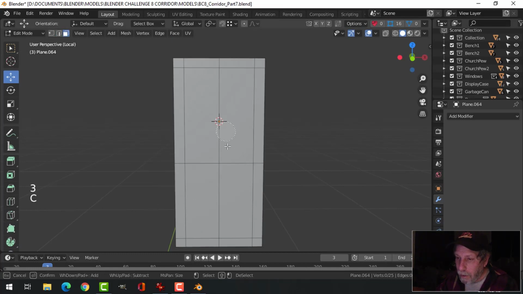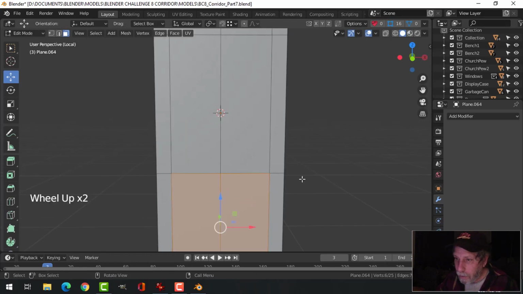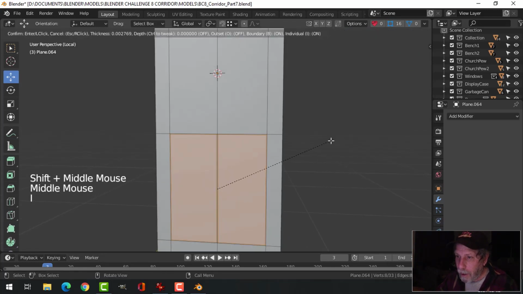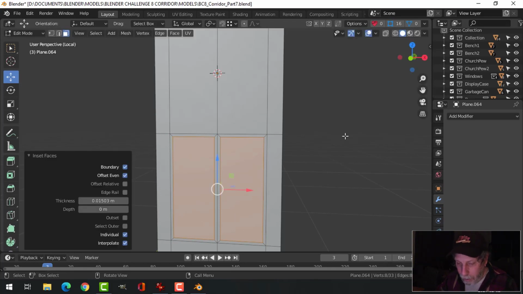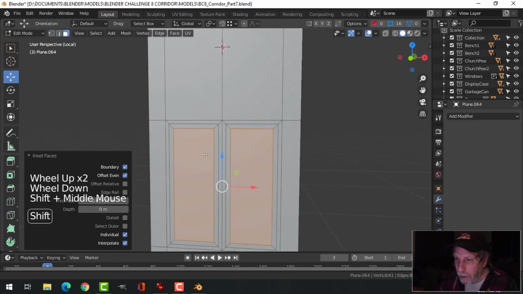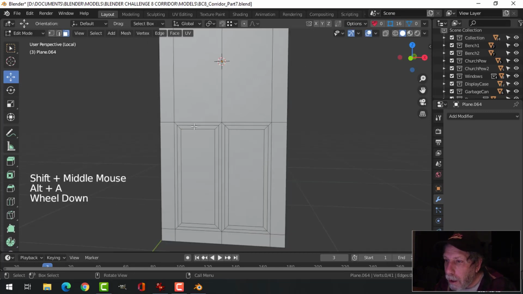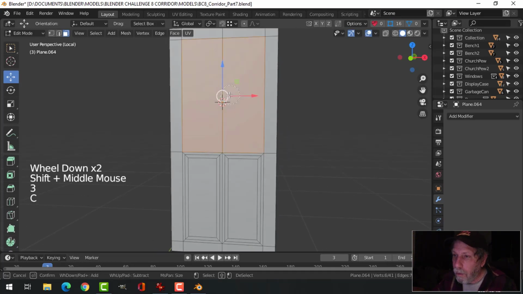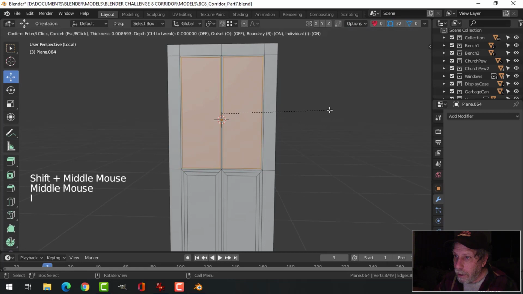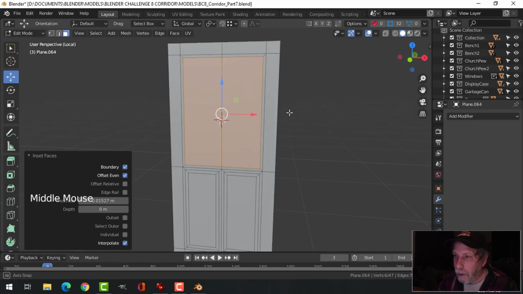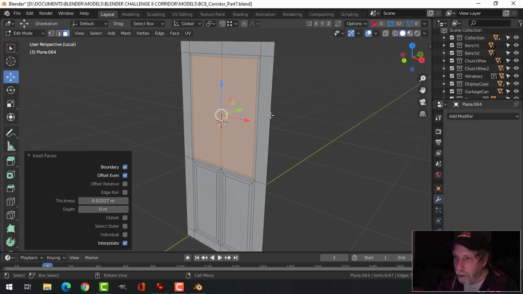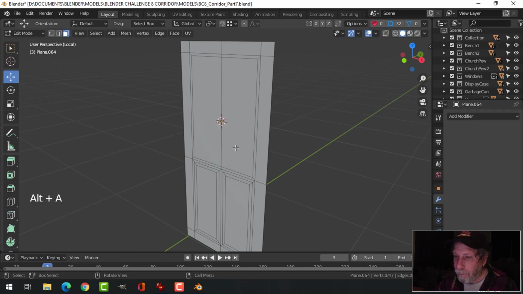So let's see here. Let's do the panels. I'm going to press I twice. I'm going to come in like this. All right, and then I'm going to come in again, and I think I'll indent that piece, and then we'll have that one right there. Okay, so let's do that, and I might just do something very similar for the door. Just simply come in like this, press I, join that together, and I think I'll just, well,